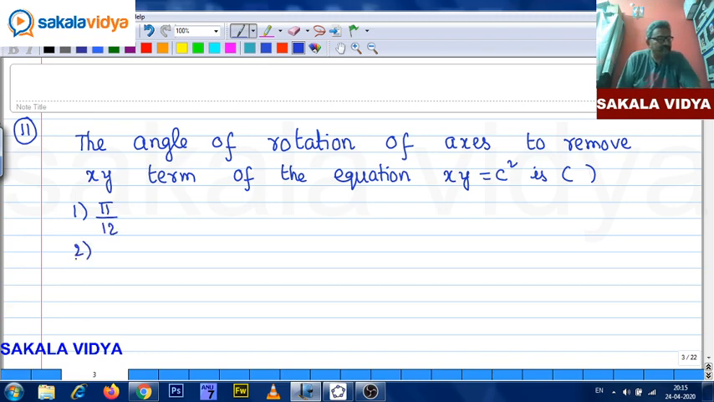Second one is pi by 6. Third one is pi by 3. Fourth one is pi by 4. Okay. So, now